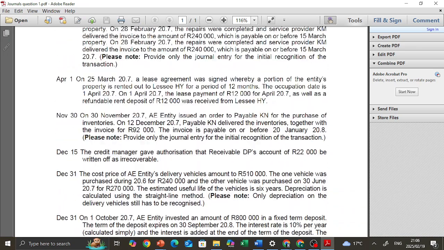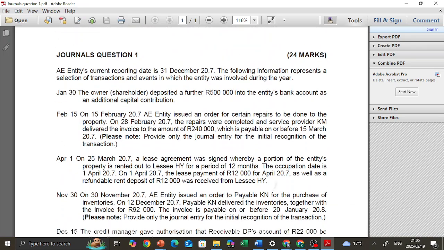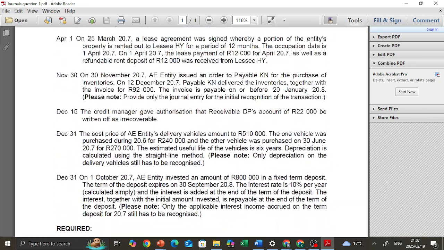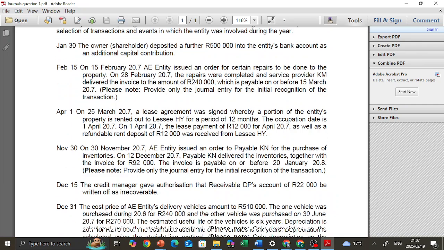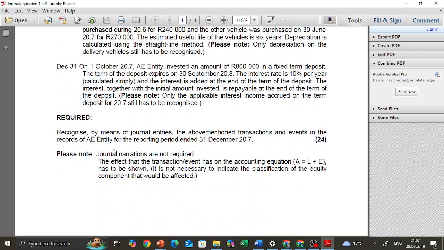Okay, so first things first, for those who have been here, always start with the required. Recognize by means of journal entries the above mentioned transactions and events in the records of AE entity for the reporting period ended 31 December